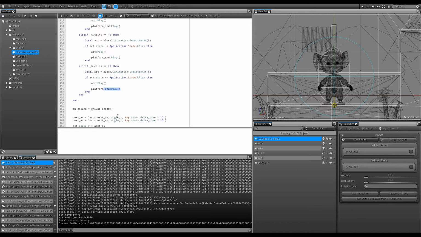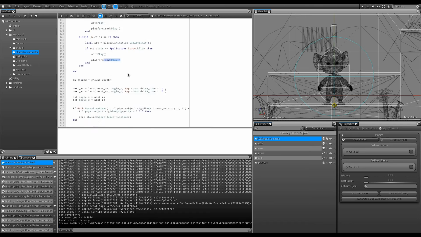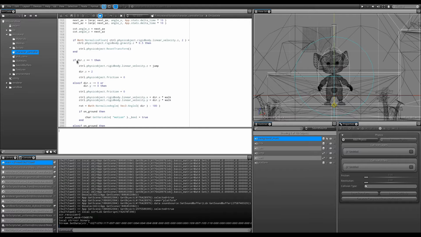And the next one that we're going to implement will be, let's see, if I go down my file, we're going to implement the sound for the jump. So the jump occurs when we're having our direction Z that is equal to 1. So on top of that, I'm going to say jump sound play. And for our walk,